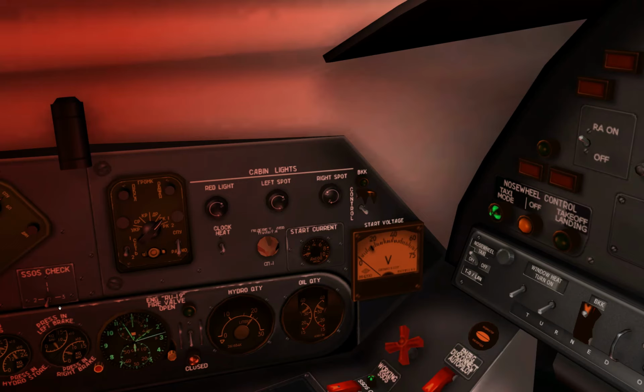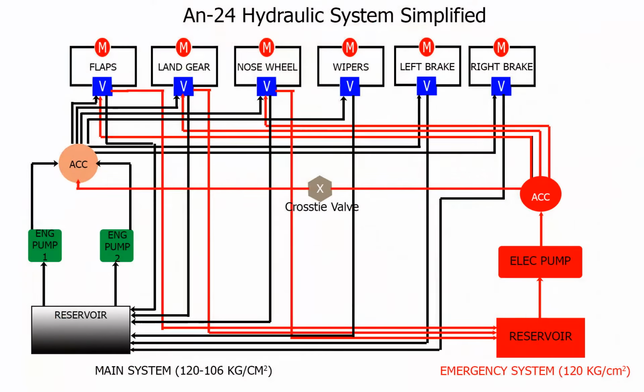Before we go on, we will briefly take a look at the An-24's hydraulic system to enhance our understanding of it and the associated instruments. This is a very simplified and undetailed diagram of the X-Plane An-24's hydraulic system that I was able to put together based solely on what I read in the aircraft's written manual, as I do not have access to the